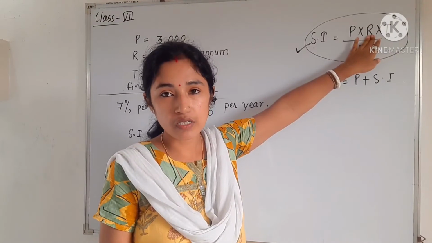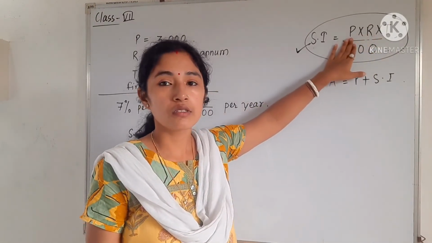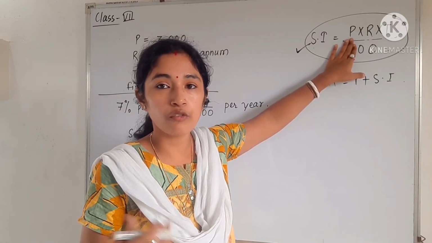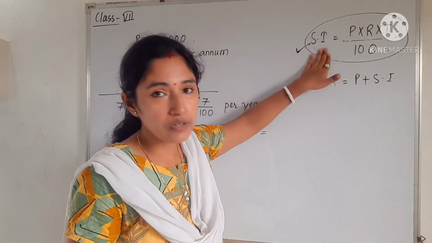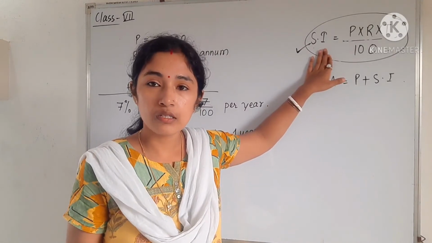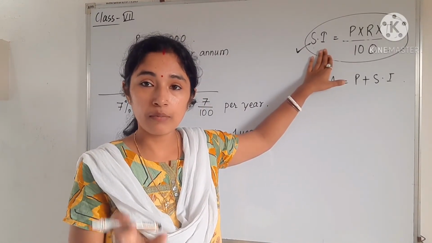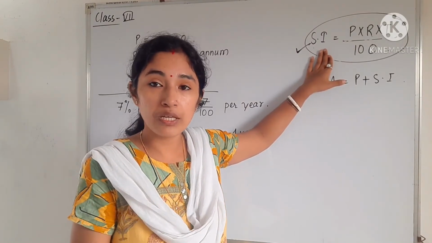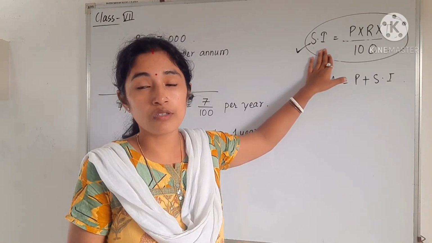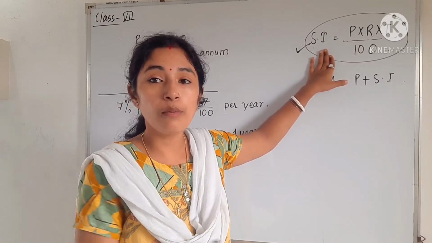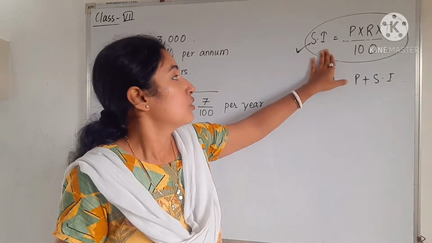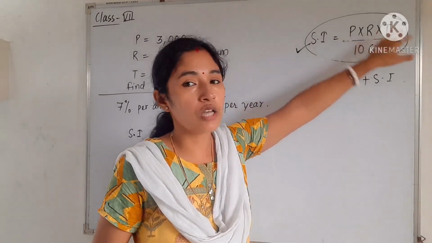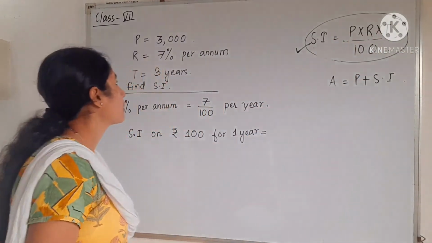Rate will be given in percentage. Principal is given in rupees, as we are depositing that money or lending that money from a moneylender. And simple interest is also in rupees. It is named interest, but it should be given in terms of rupees in the question, because this amount will be added to the principal. So principal is in rupees, rate is in percentage, time is in years. Now see the example.